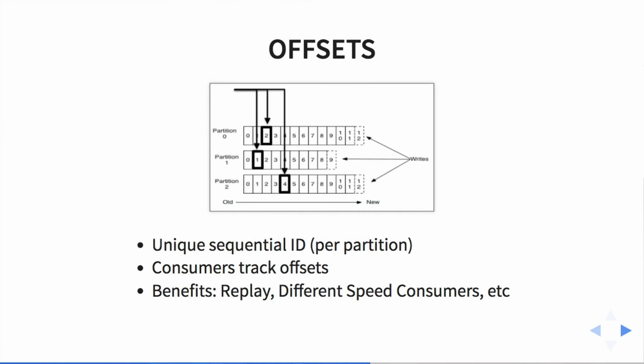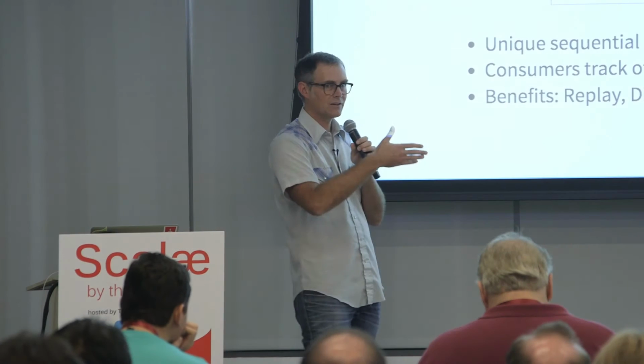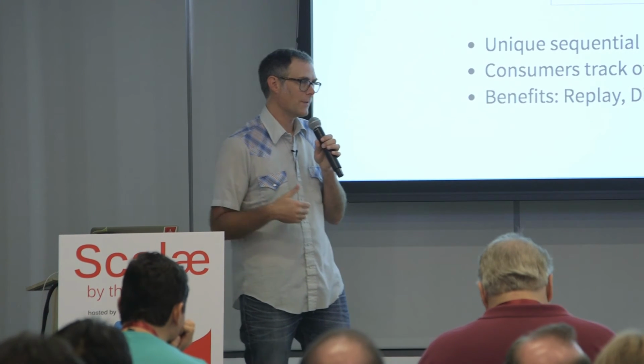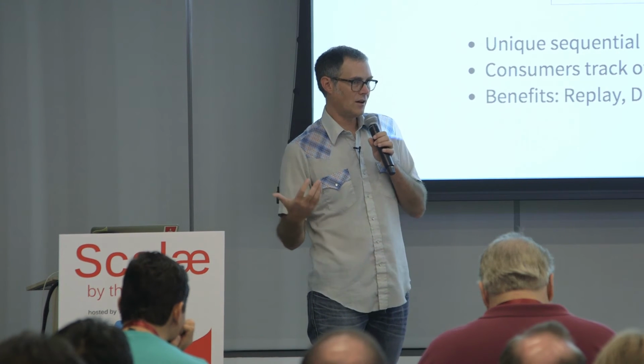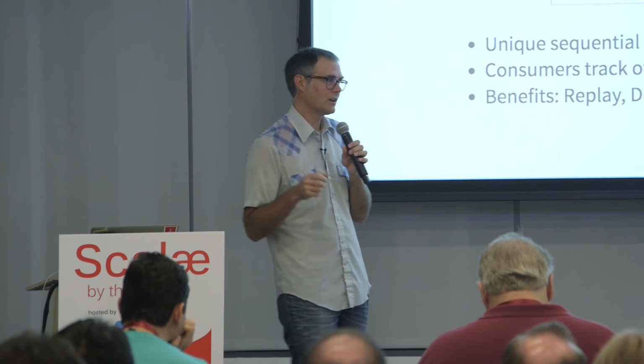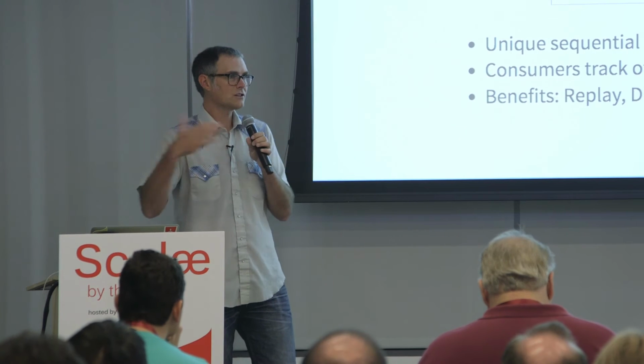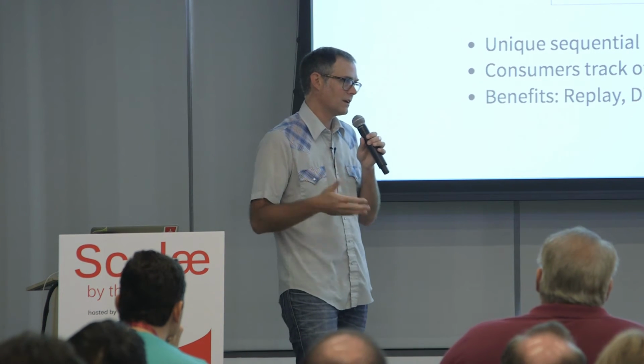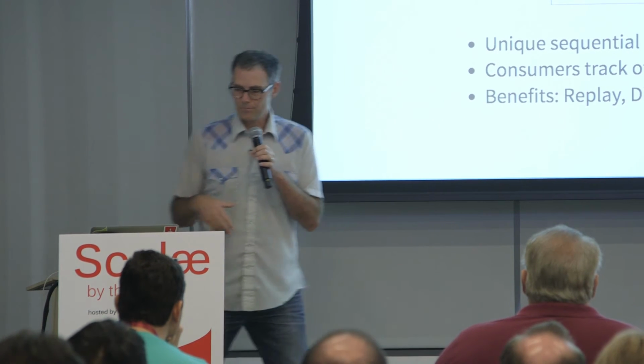The benefit of this is that you can do things like replay. This is something that Jay talked about earlier, where your consumer can go back in time and say, all right, let's start with this ID, and if I need to reprocess any data in the stream, I can always replay back to that ID and then roll forward from there. But usually you would do that per topic because that's where your offset ID is based. If you want to do it across partitions, then you'd have to maintain the offset IDs for the different partitions.